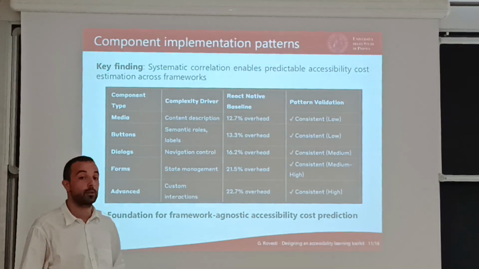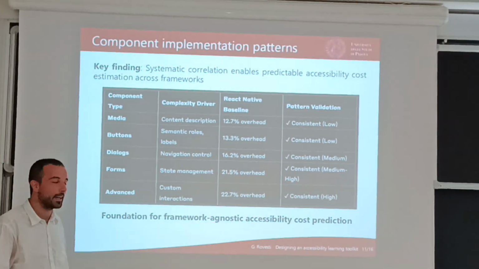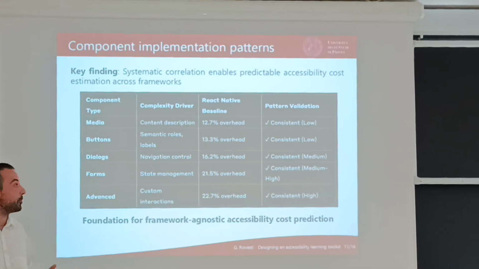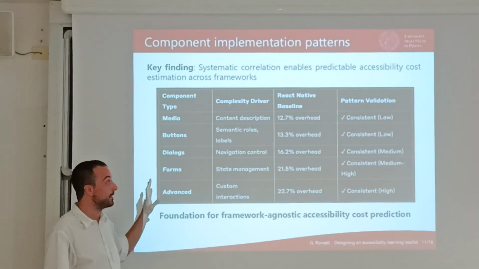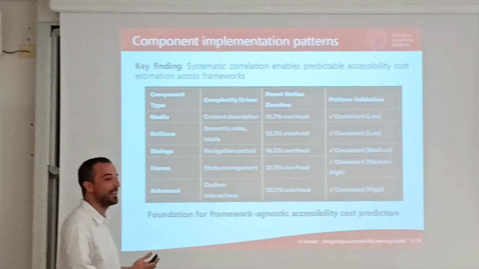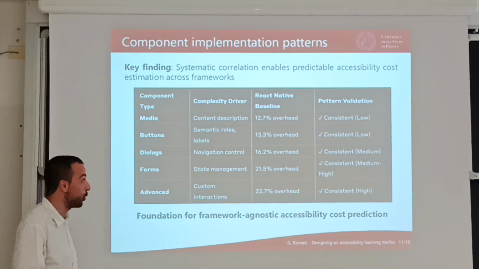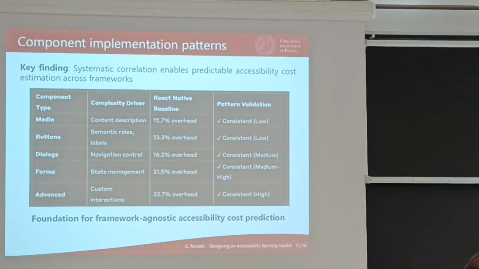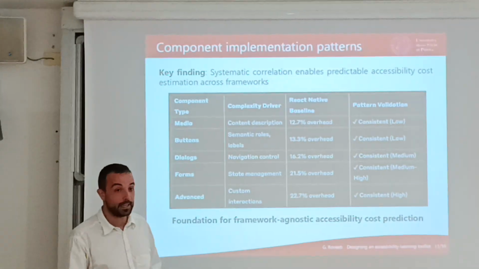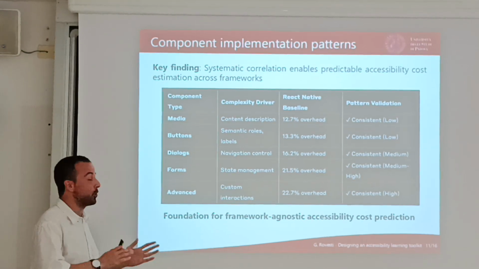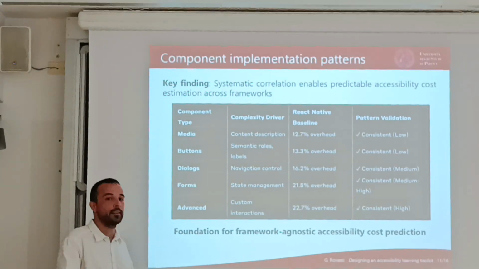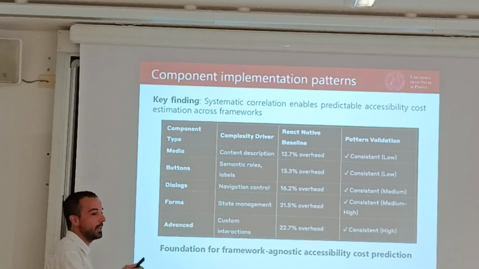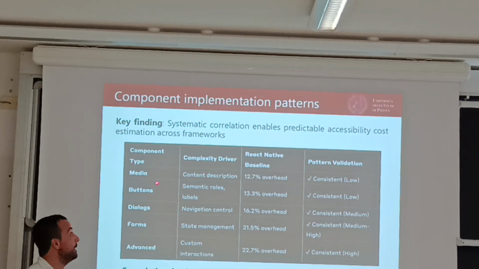So in this case, we talk about the different kind of components. Components are given the framework to mean that we want to develop something within buttons, within forms, within images. So when we use them generally, we try to understand how is the impact of the code using React Native as baseline, so basically given the AccessibleHub implementation. Well, this is framework agnostic, which means that this measurement was trying to bridge not only React Native, of course, but Flutter, which is the other framework, and iOS and Android. So we try to be as general as possible within a threshold of 25% overhead for not only the simpler